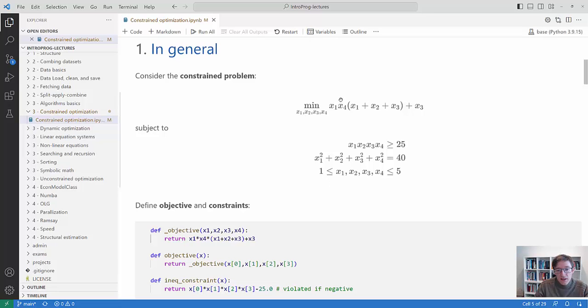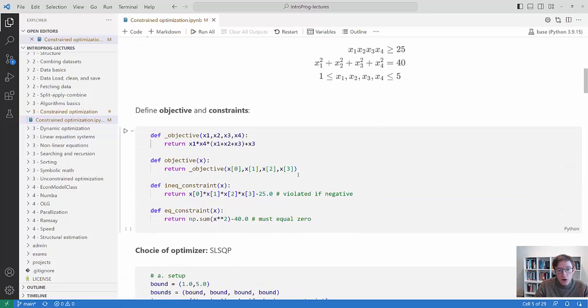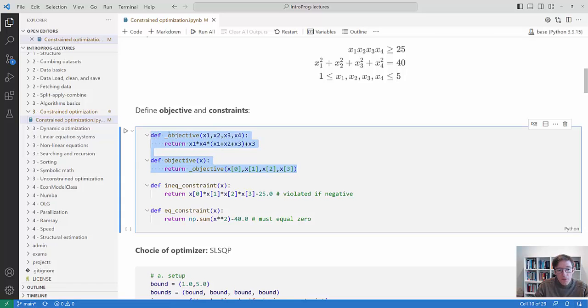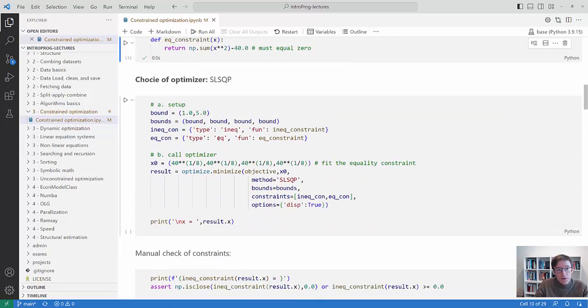So if you want to specify this problem and solve it numerically, we as normally specify the objective function. But now we also specify a function that evaluates the inequality constraint. And we do that by saying, let's put everything on the left-hand side and see whether this is positive or negative. And here the norm is that if something is positive, then it's okay. And if it's negative, then the constraint is violated. The same thing goes for the equality constraint, where we say that this should be an exact 0 to be fulfilled. So let's evaluate this, and with these functions in hand, we can now use the optimizer called